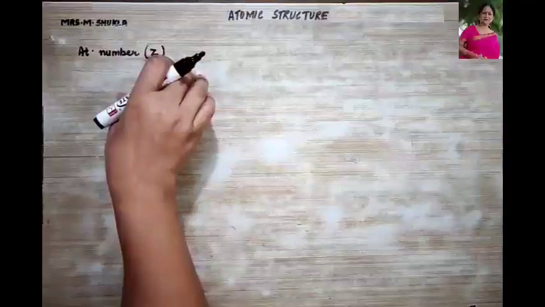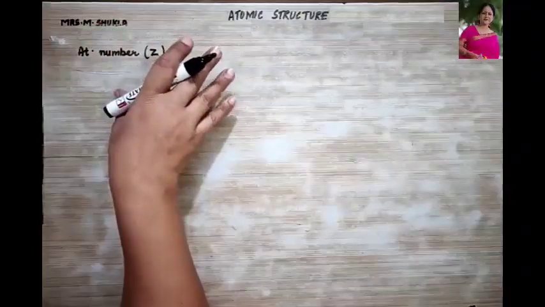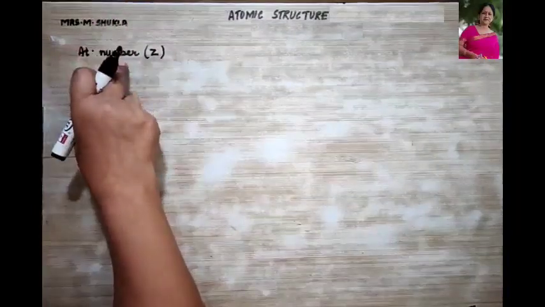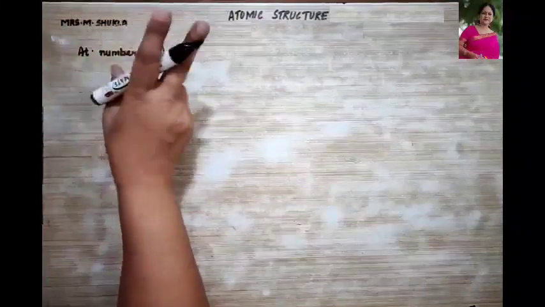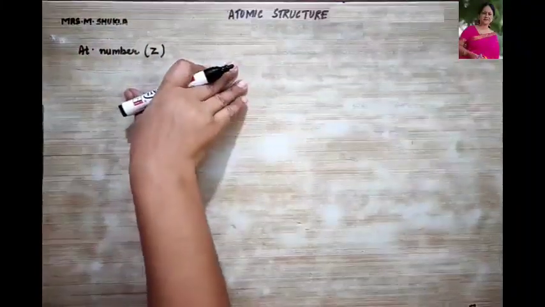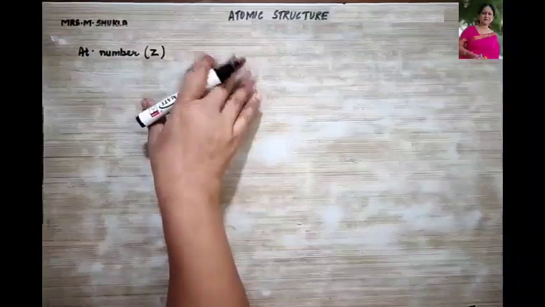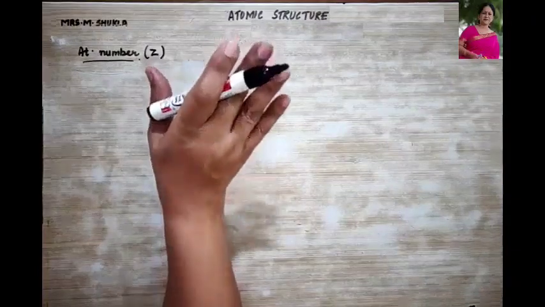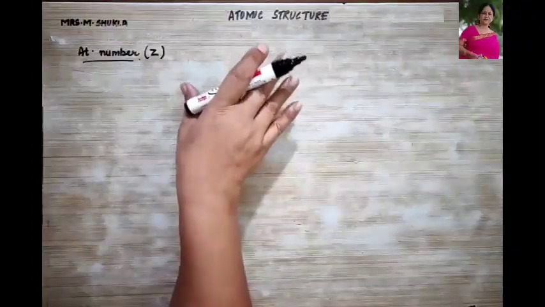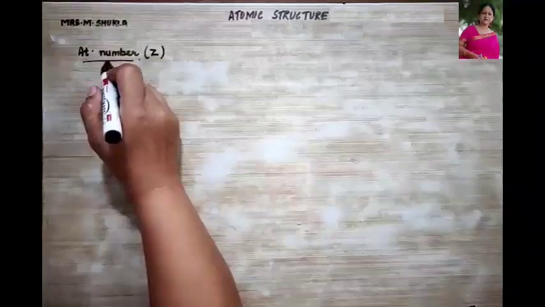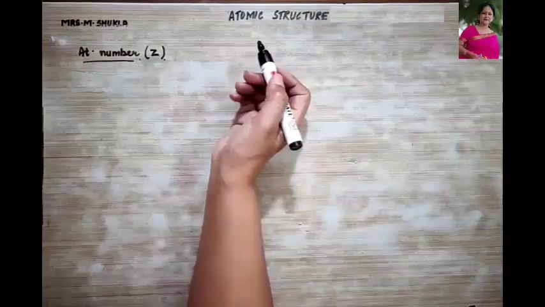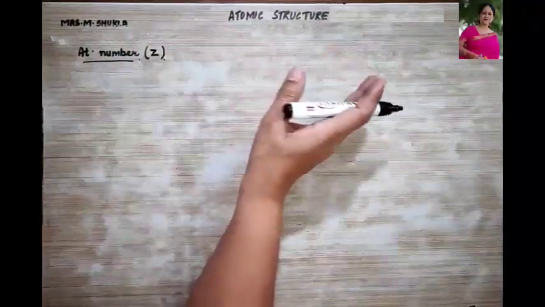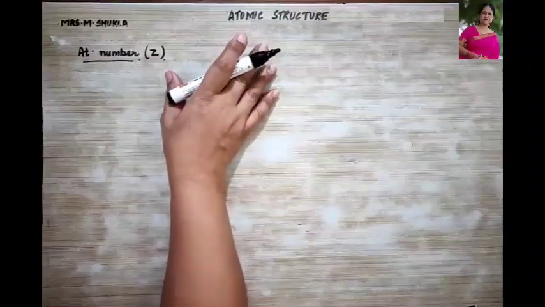Clear? Every element has different number of protons. That is the characteristic of atomic number is what? The number of protons. No two elements can have same number of protons, and it is believed that the chemical properties of an element only depend upon what? The atomic number, right? An atom is electrically neutral, we already know that, and therefore the atomic number is also equal to total number of protons, and total number of protons are also equal to total number of electrons. Is this point very clear?